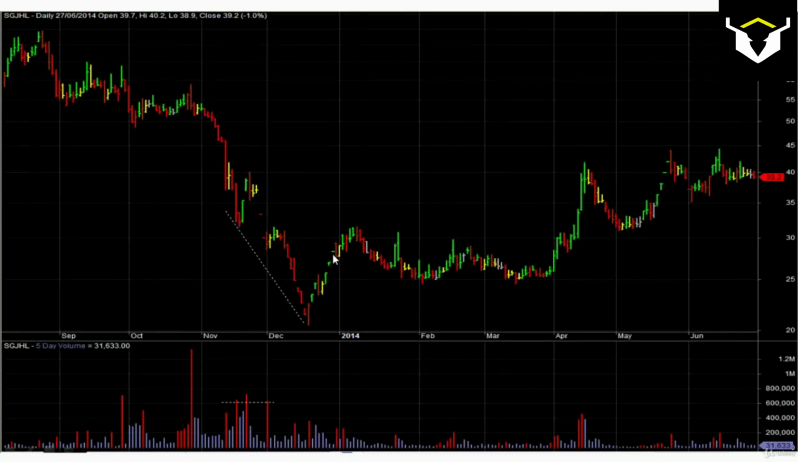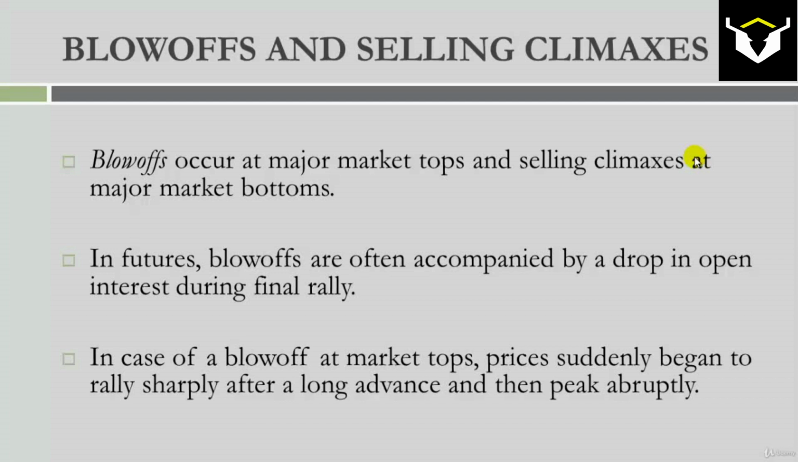So you can see prices started recovering themselves gradually. So blow off occur at major market tops and selling climax occur at major market bottoms. In futures, blow offs are accompanied by a drop in open interest, and selling climax is also accompanied by a drop in open interest. In case of blow-offs, at market tops, prices suddenly begin to rally sharply after a long advance and